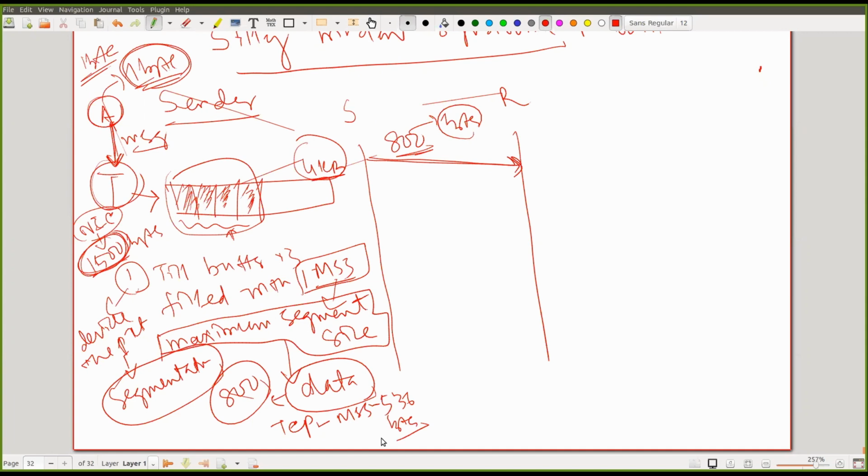This is the default MSS value for TCP, that is 536 bytes. If you want, you can change it, increase it or decrease it, but this is the default size. If I go by the default size, I can send a packet with a maximum of 536 bytes of data plus 40 bytes of header: 20 bytes of transport layer header and 20 bytes of network layer header. So the size of the whole packet, including the transport layer header and network layer header, can be 576 bytes. That can go in one time.